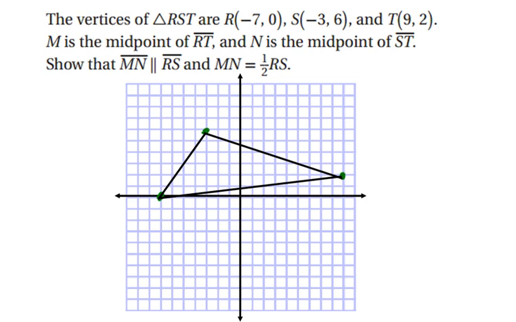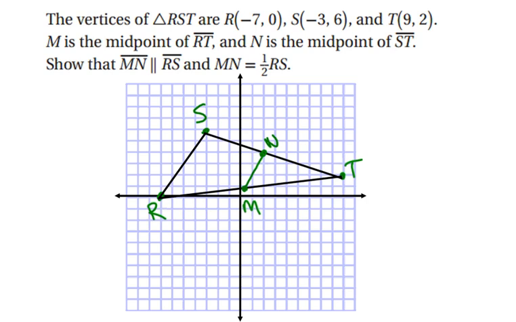And if M is the midpoint of RT, I suppose we should label the point. So this was point R, and this was point S, and this is point T. M is the midpoint of RT, so wherever that happens to be, that's M. And N is the midpoint of ST, wherever that happens to be. So those obviously aren't in the right place, I just threw those up there. But we're going to try to show that MN is parallel to RS, and that MN is also 1/2 the